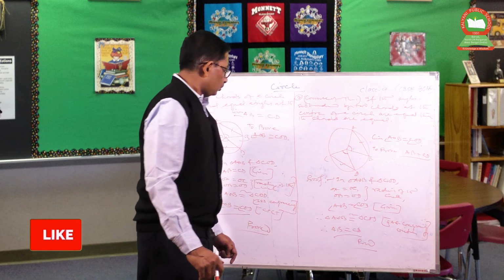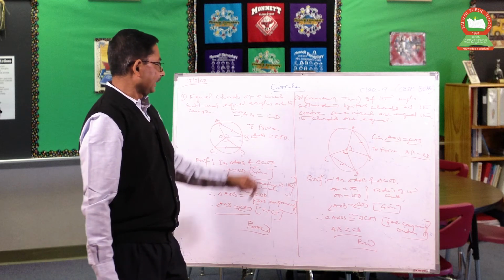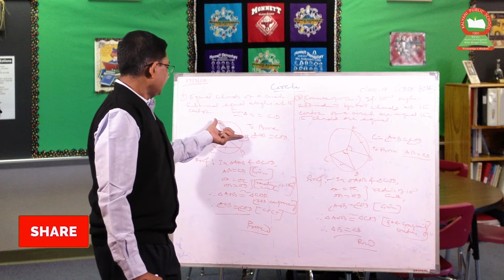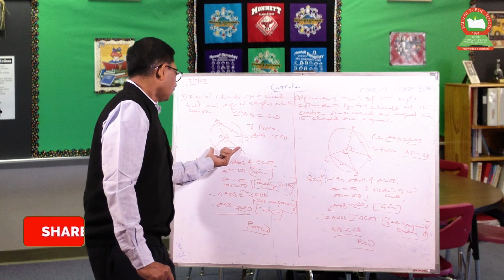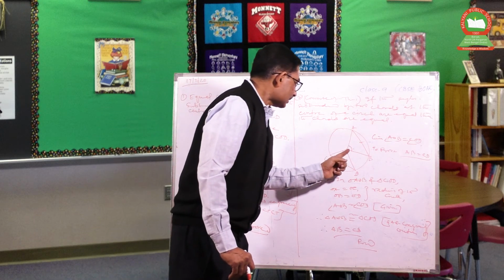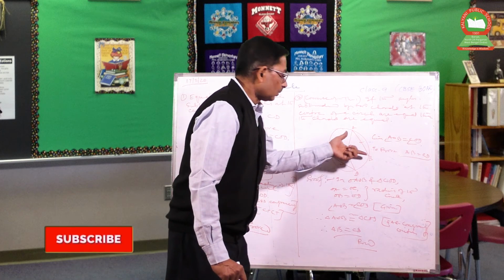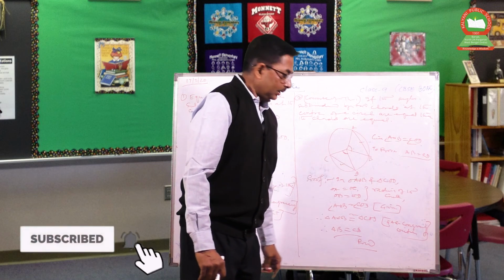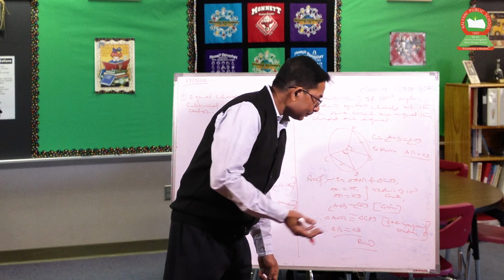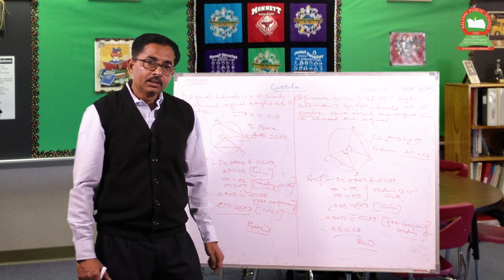So from these two properties of the chord of the circle, we have seen that equal chords subtend equal angles, or if the angles subtended at the center are equal, the chords are also equal to each other. In the next theorem, we can go for the other properties of the chord.